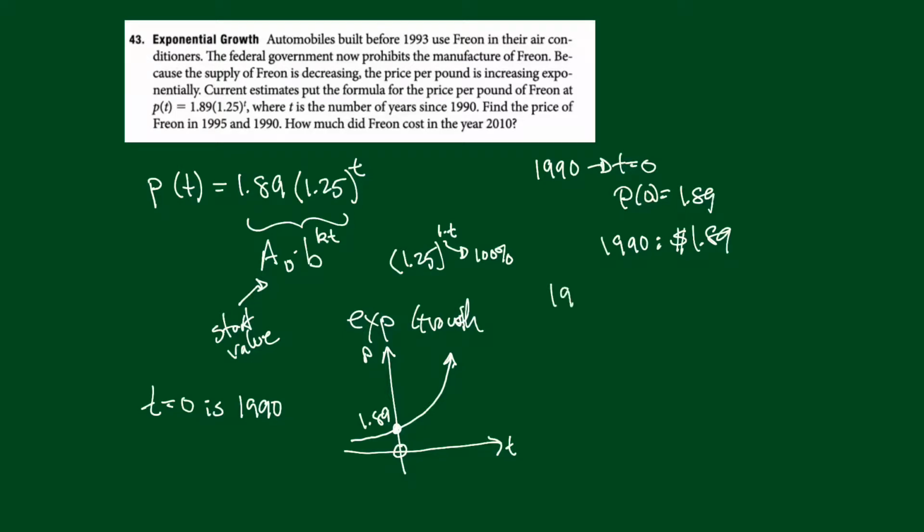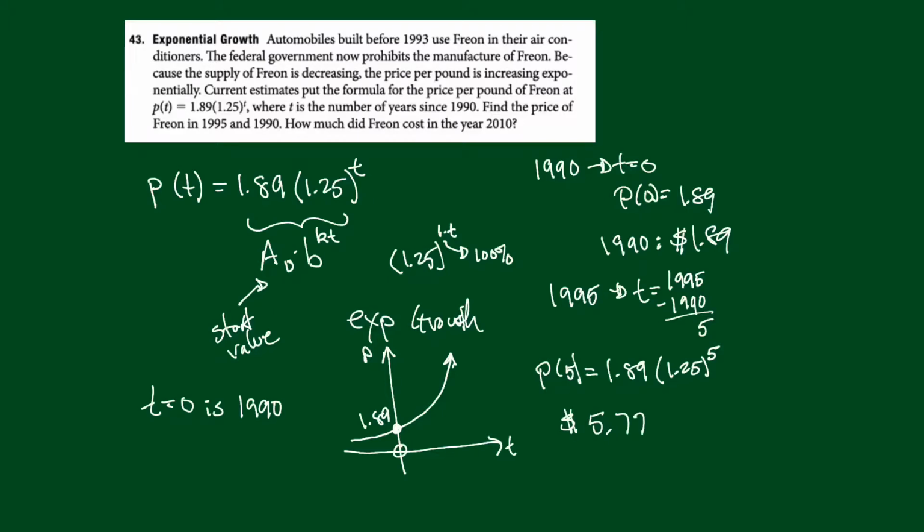Now what about 1995? In 1995, what do you have for t? Well, t, remember, is the number of years since 1990. So we've got 5 years, right? So t is equal to 5. So let's evaluate this. What is P of 5? We're going to take that 5, put it back into the function, and this is going to be a calculator problem. 1.89 times 1.25 to the 5th. I'm going to round it off to 2 decimal places because it's money. I'm getting 5.7678, but I'll round off to 5.77